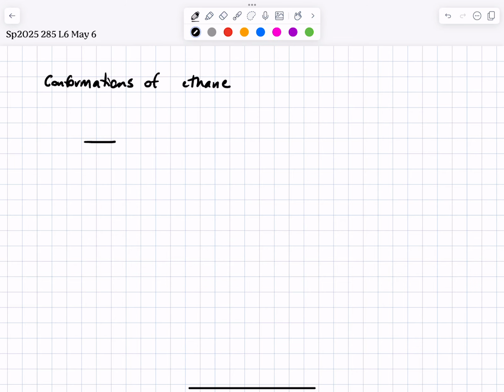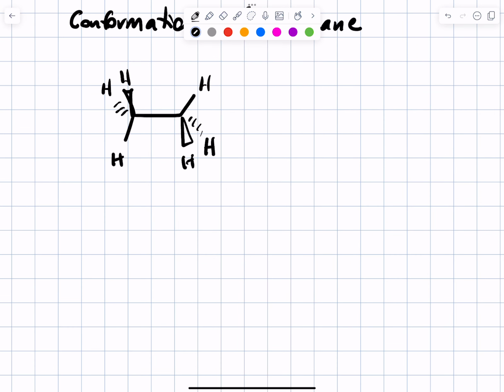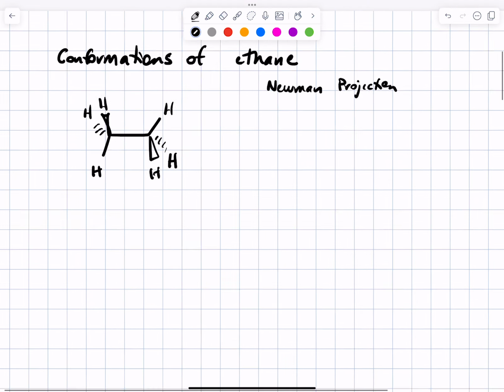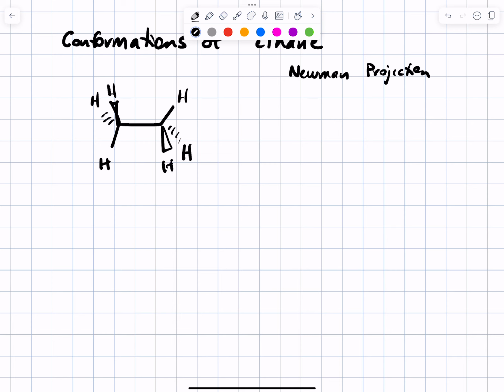Here is a structure of ethane. I'm going to use dashes or wedges as appropriate. We're going to do what's called drawing a Newman projection. And a Newman projection is where you look down a bond between the 2 carbons in ethane. So this is carbon 1 and this is carbon 2. I'm going to put my eyeball in the plane of the page, and